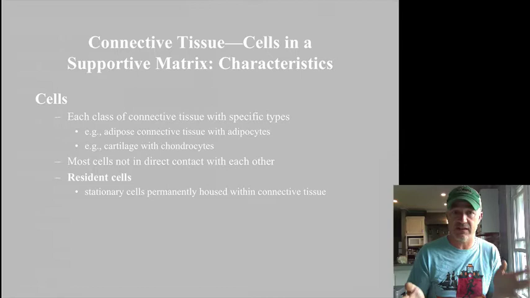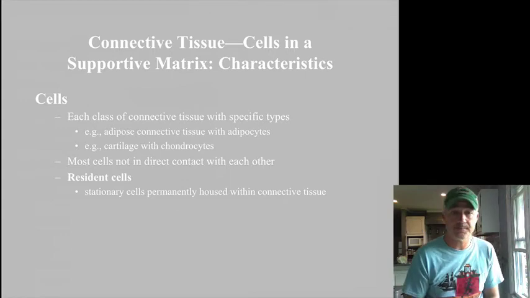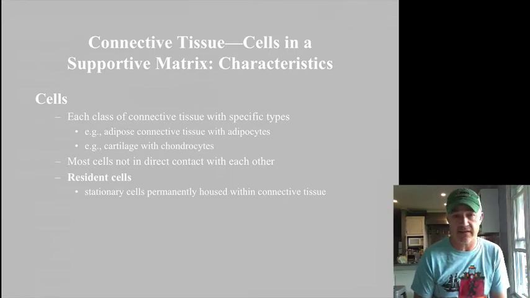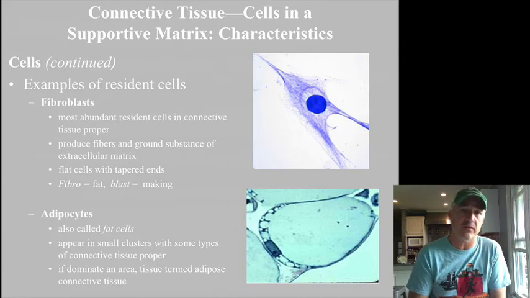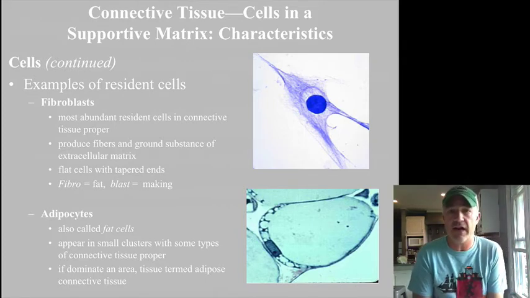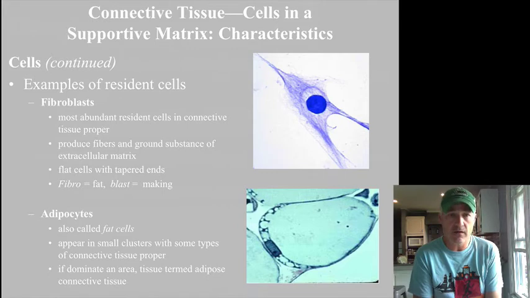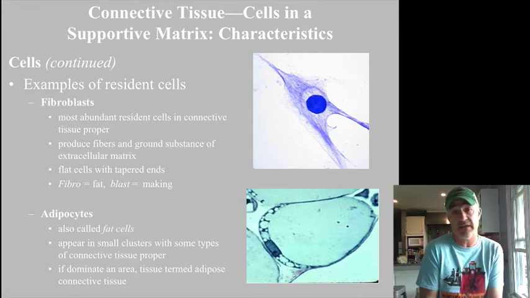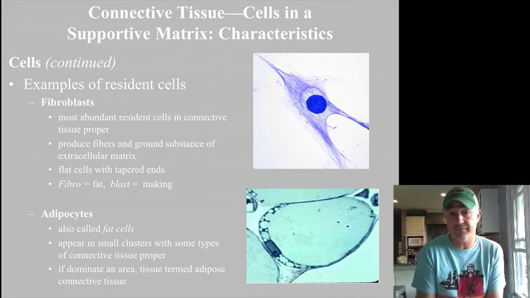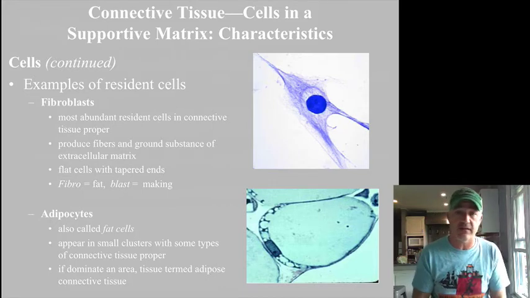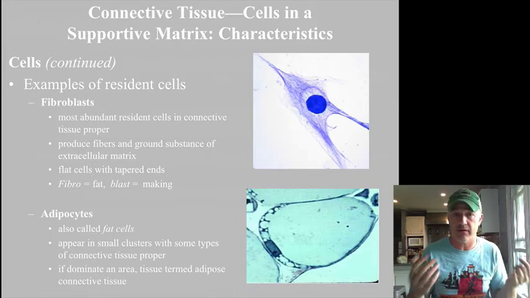So, in reality, it's not the same cell, but it's doing something very similar in each of those tissue types. And again, a lot of times these cells are not in contact with one another. So to me, a couple of the key ones that you really need to know something about: fibroblasts. It actually comes from the Latin for fat making. They are not fat making cells. They are making fibers and ground substance, but these in connective tissue proper are going to be the most abundant